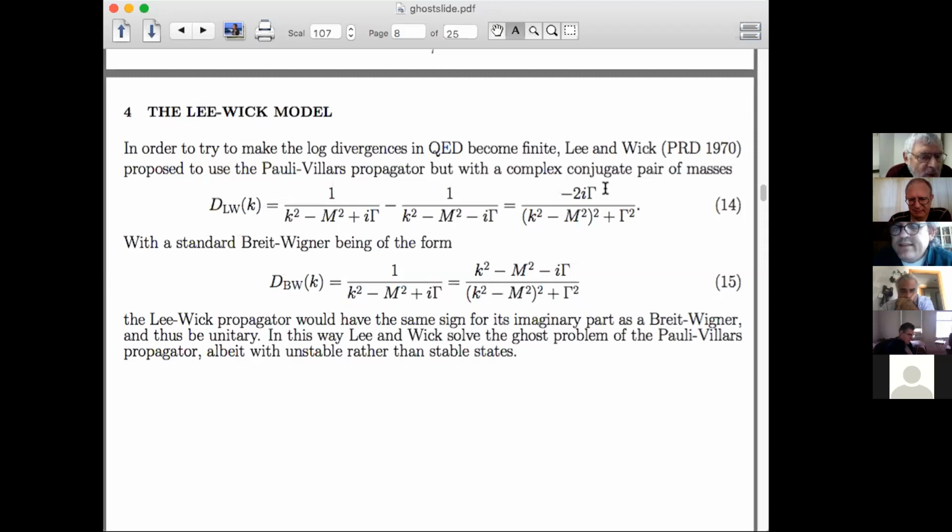Yes, now, but usually what we do is we say, well, we want to suppress the circle at infinity, and therefore we'll close it above in certain cases and below in other cases. But that's not necessary. You can close it below, you can include the circle at infinity, and you can still evaluate the function, and you'll get the right answer. Right, but there's a certain... In other words, you can trade the advanced sector for a circle at infinity in the retarded sector. Look, there's a certain ordering.